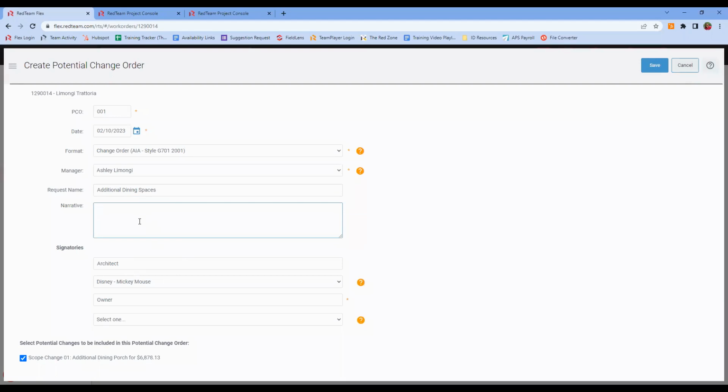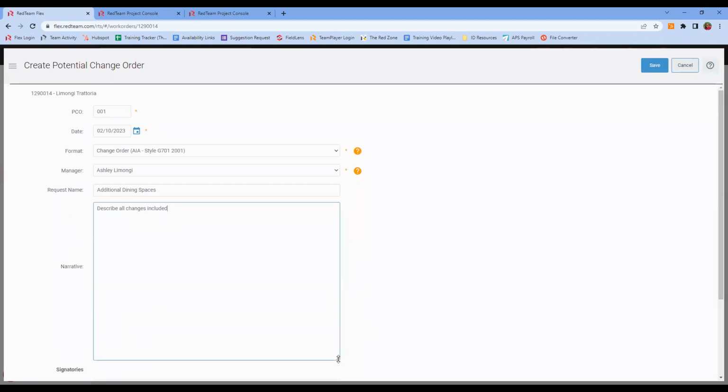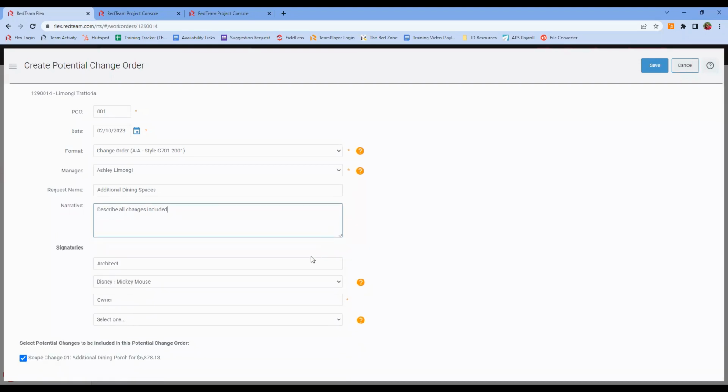We can then, in our narrative, describe all changes included. Right? You've got plenty of space there. You can drag down this corner and type a couple paragraphs if you need to. And then you designate who your signatories are. So where it says architect and owner, those are the titles of your signatories. You'll have your own signature space for the general contractor. Whoever else you need to sign, you put their title in here, and then you go ahead and pick who